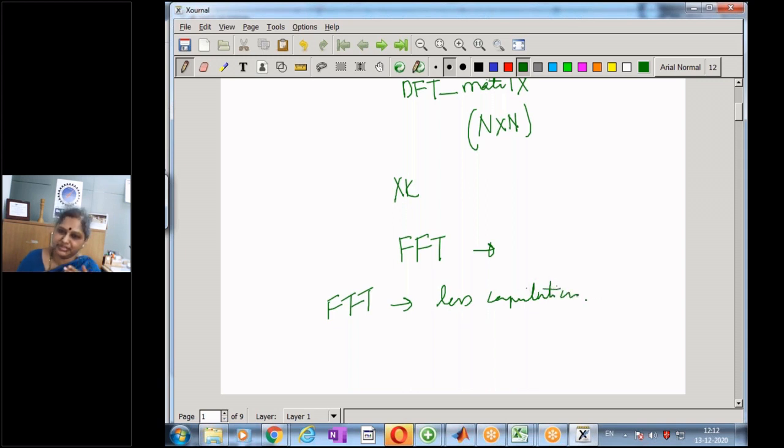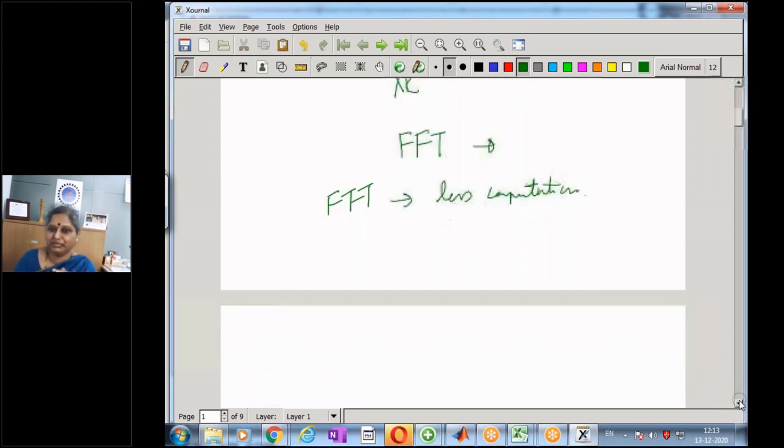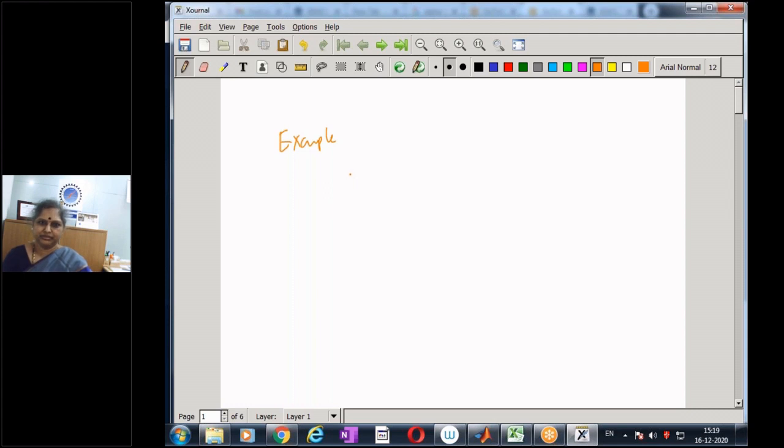It depends on the processor that we use. Maybe if you run the same code on your processor, it's going to be different. But for the same processor, I can make a comparison between computing by the brute force method, the n cross n matrix and then evaluating the DFT, or by using an efficient method, which is going to take less computation time. Now, for further examples, we will take the inbuilt commands for captured biosignals.